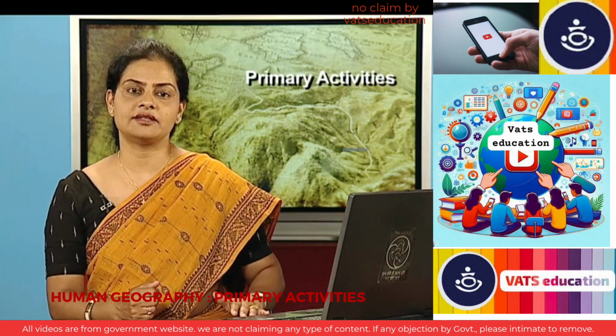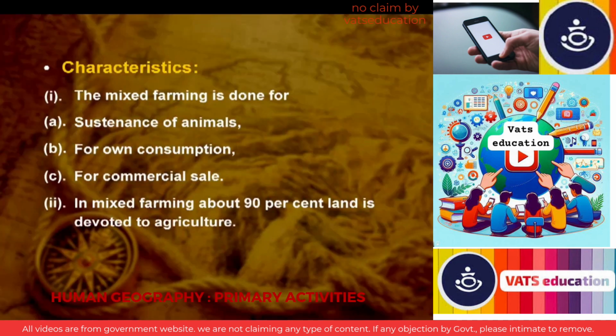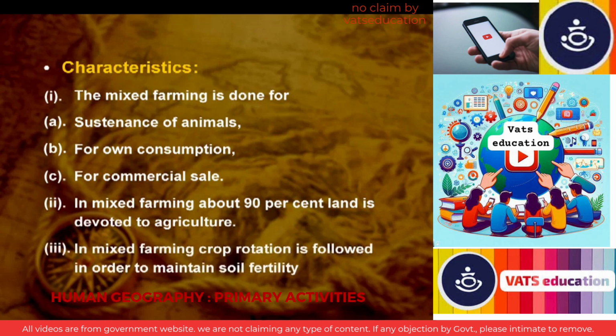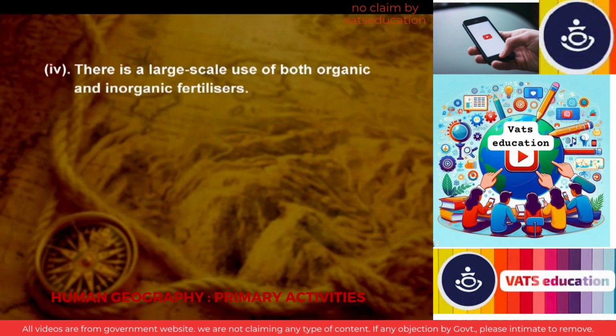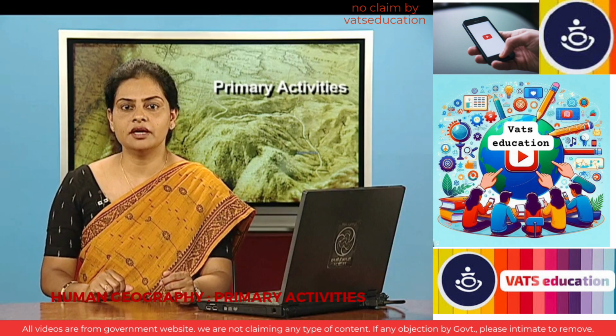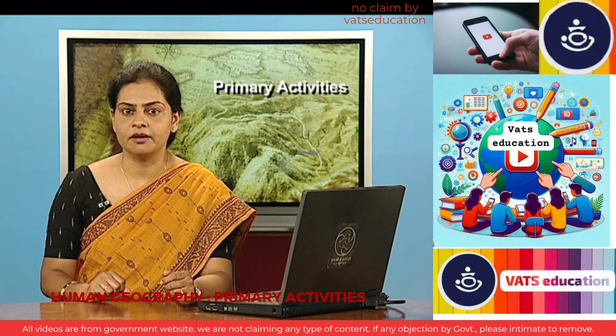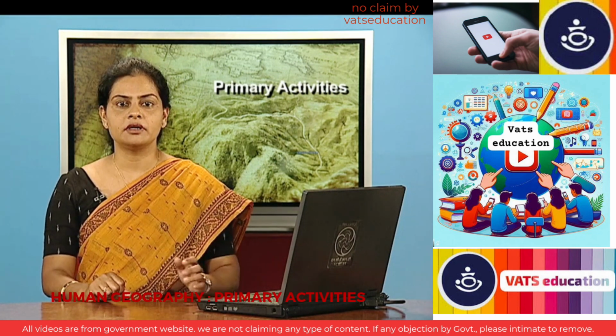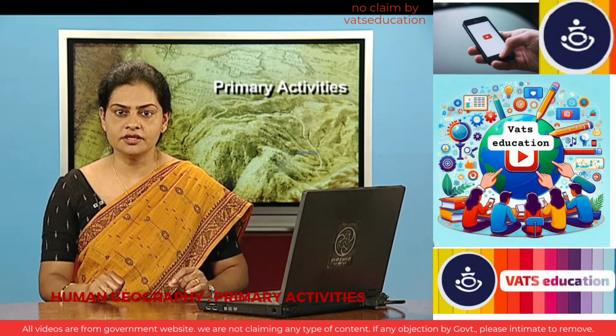The other characteristics of mixed farming is, in mixed farming, about 90% land is devoted to agriculture. And the third, in mixed farming, crop rotation is followed in order to maintain soil fertility. There is a large use of both organic and inorganic fertilizers in this type of agriculture. The degree of commercialism varies considerably. In West Central Europe, the northern United States and Argentina, mixed farming is highly commercialized, while in other areas, the